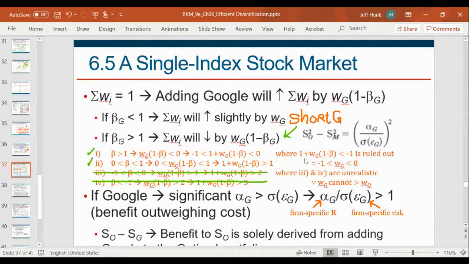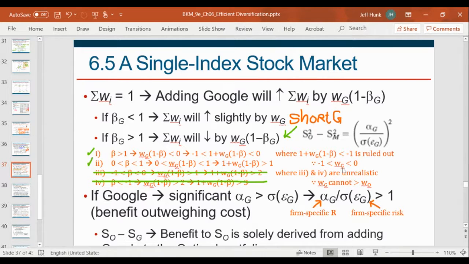And then if it is further, let's say if beta is greater than 2, greater than 3, then this will become completely less than -1. But that case can be ruled out because